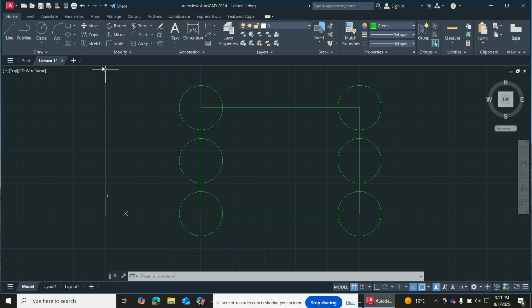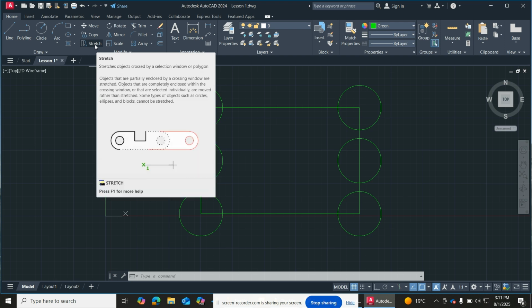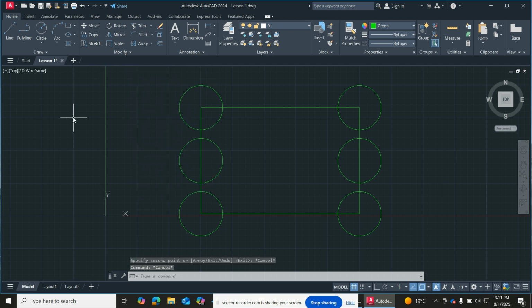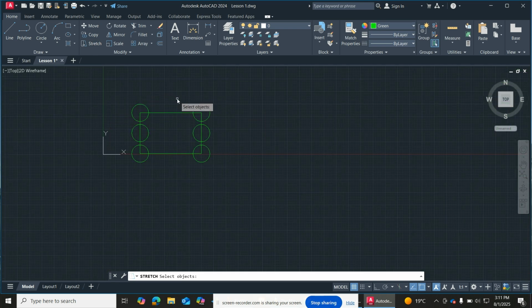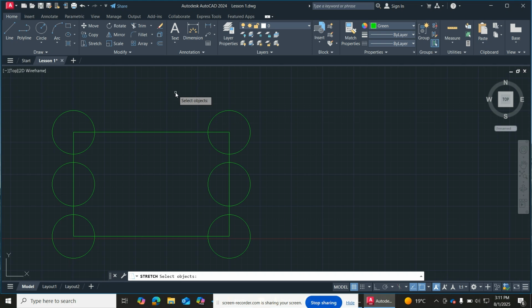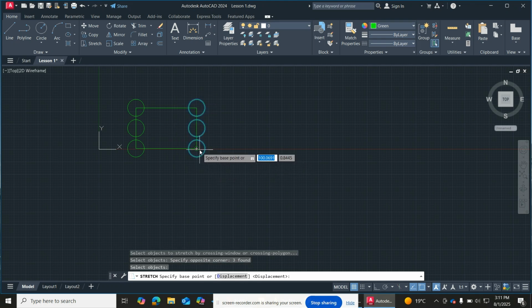So baada ya copy, another command here is the stretch command. So what does stretch command do? So the objects that are partially enclosed, they can be stretched. Okay, so what does it do? So click stretch. So what you do, unaweza click, let's say, boundary ya scope ya hiyo stretching. So boundary inakuwa ni kama rectangle, right? So tuseme from here, boundary point 1 there, point 2 here, enter, right? Base point to move maybe from here, then you can stretch it to as far as